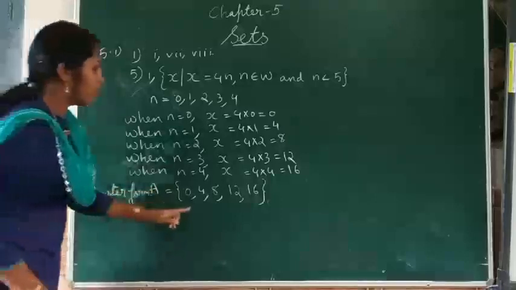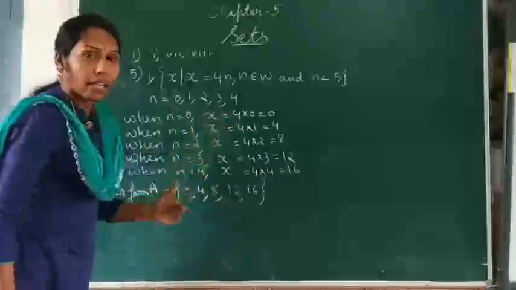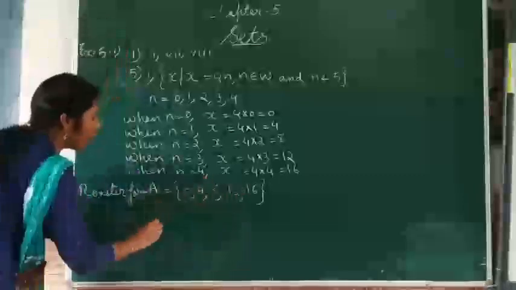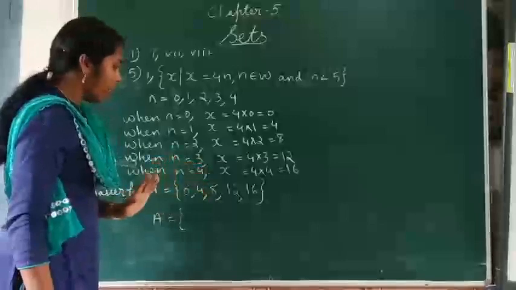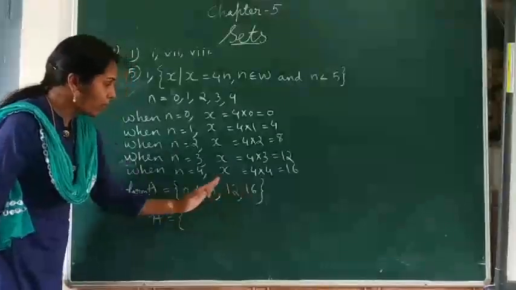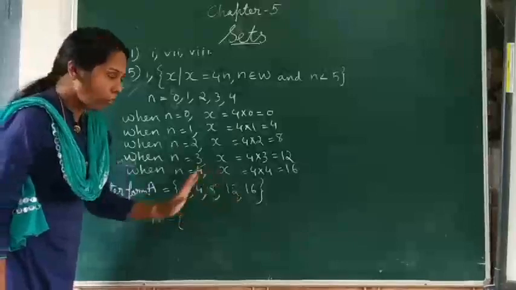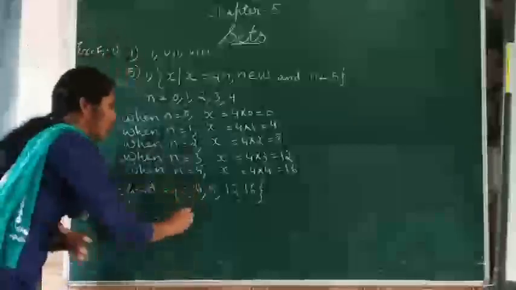Set A is equal to 0, 4, 8, 12 and 16. Now we can write the description form. In the description form, we simply write the properties of the members of the set. We can write, see, these members are also whole numbers which are the multiples of 4, or which can be divided by 4. So we can write all the